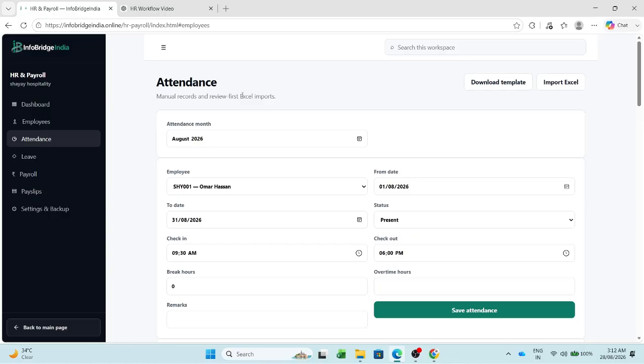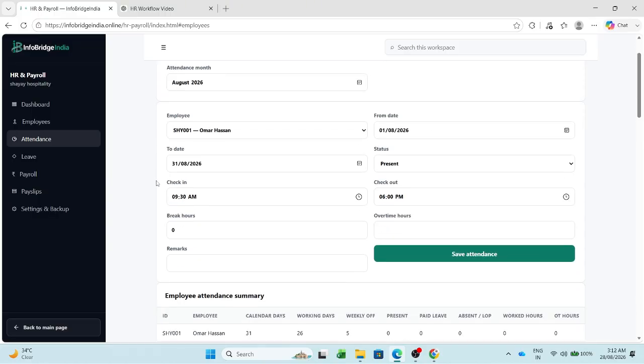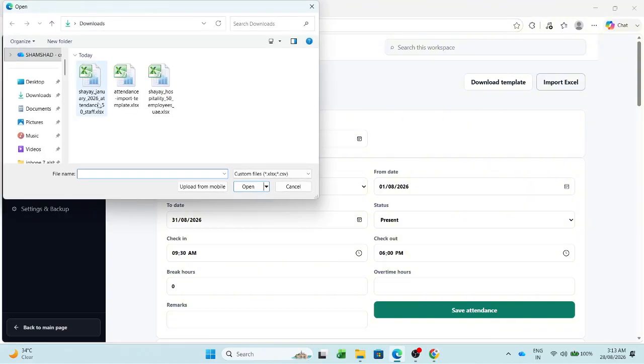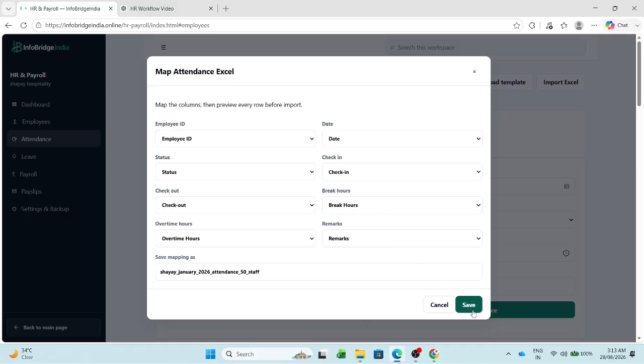Okay, next, let's move to attendance. Here we're going to add attendance for all our employees. For this example, let's add attendance for everyone for 1st January 2026. Okay, here we have two options, manual entry and the same Excel import method. If your company uses a thumb reader or biometric attendance system, it usually provides a CSV file. We can directly upload that file here. Otherwise, we can enter the attendance manually and upload it using the template.